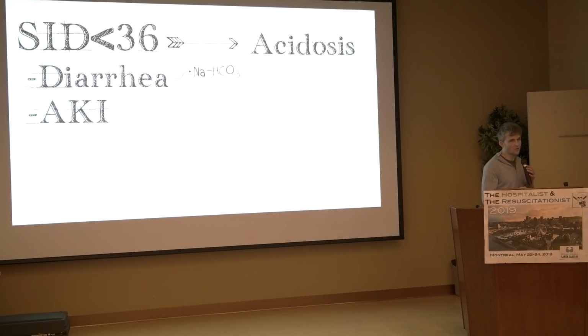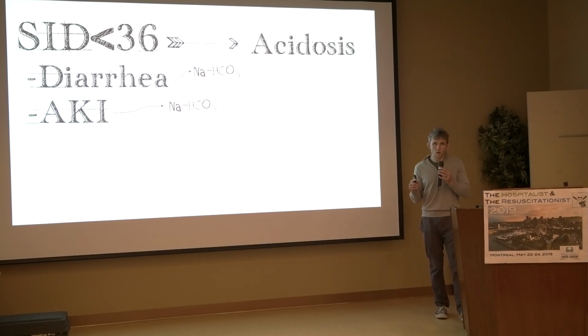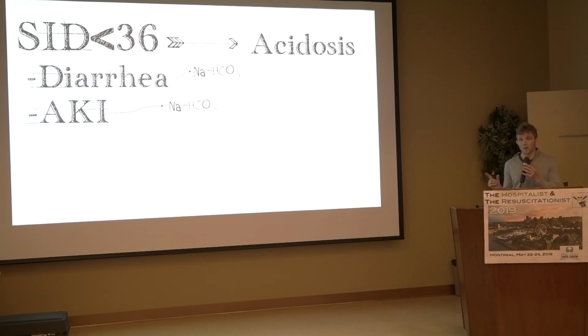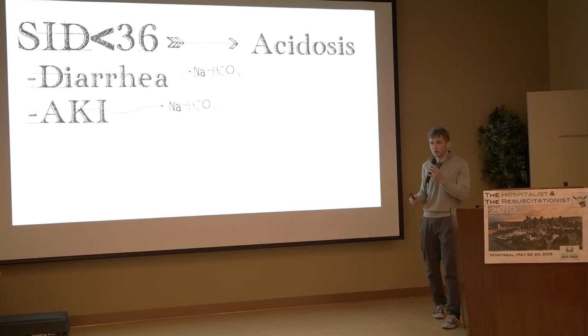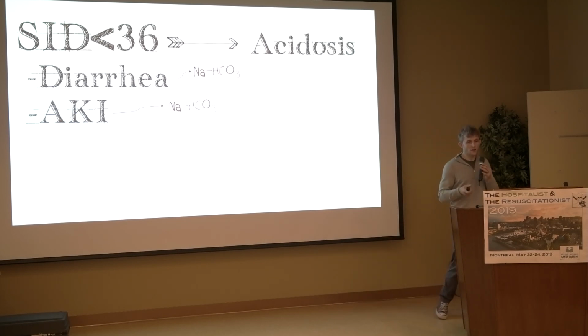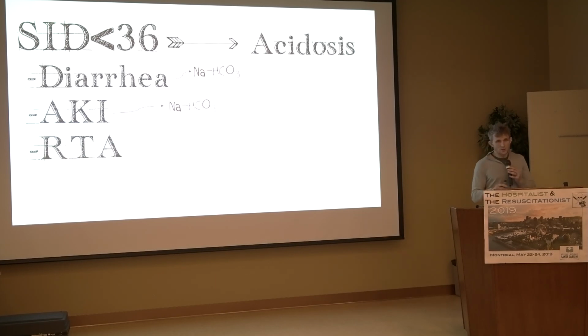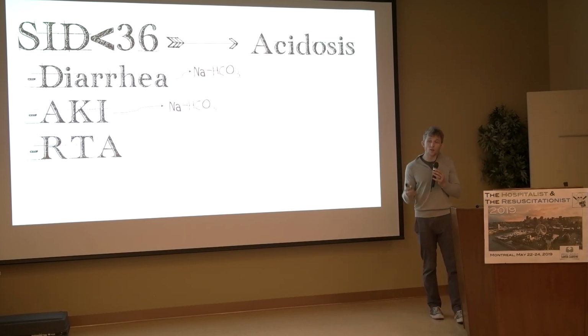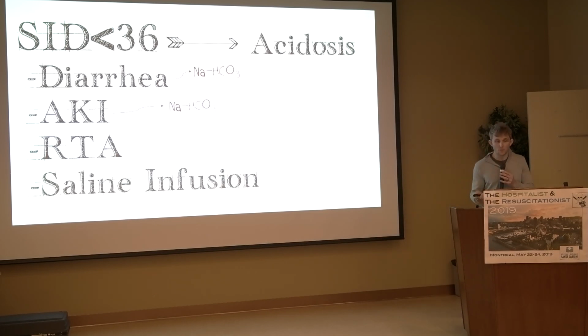AKI. Why does AKI do this? So your kidney will try to reabsorb sodium and expel chloride, and when you start having actual extrinsic dysfunction, you do that less often, right? So you actually spill sodium bicarb and reabsorb chloride in exchange for it, right? So your chloride gets higher and your sodium stays the same, you get a SID acidosis. RTA. So RTA is very complicated, far more complicated than I actually understand, but the simple thing is they're all the same in the end. All of them reabsorb chloride and spill sodium bicarb, right?